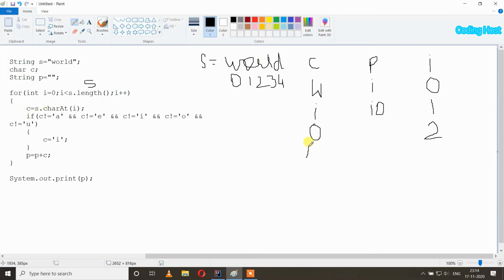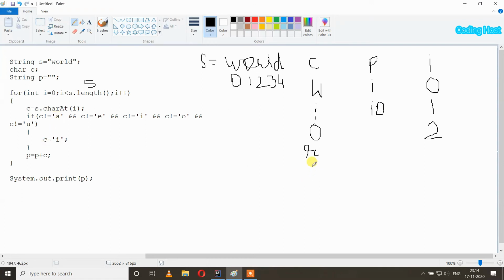After that we again check if c is not equal to a, e, i, o, u. So yes, it is not equal to any of these because it is r and it is a consonant, so our condition is true, so we will replace it with i.